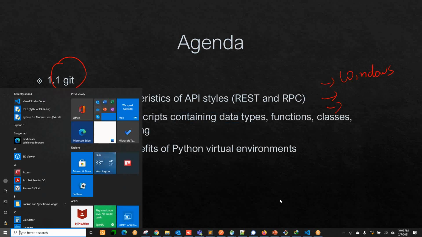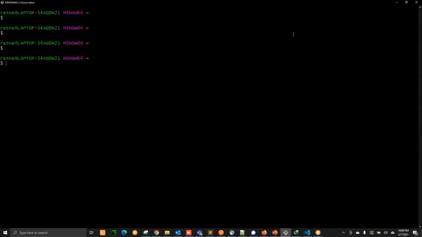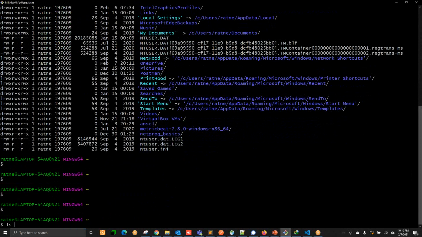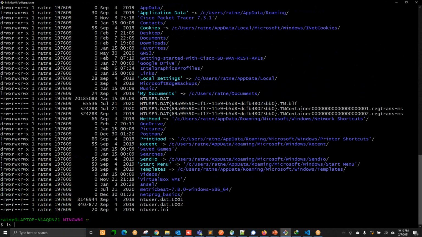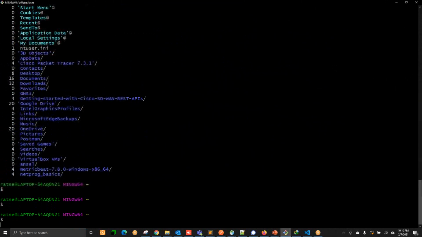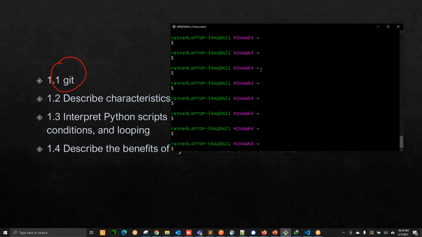Once I have that, you can see here I have opened it in this particular shell format. This gives me a Linux type of format. Here I can do ls, a long list of the files, and check the size and other things as well. So inside my Windows machine, I can use it like a Linux type of wrapper. But that's not the actual use case of Git. We have two things.